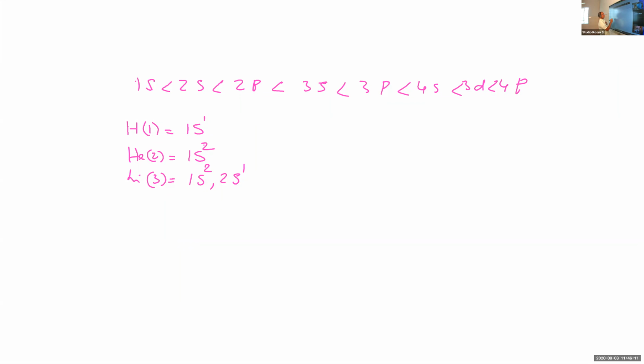Now, atomic number 4, that is equal to beryllium. Atomic number 4, beryllium. There are 4 electrons. You start from the lowest energy level, that is 1s. In the 1s, there are 2 electrons, maximum capacity. Then the remaining 2 electrons will be entering the next higher energy level, that is 2s. So it is written as 1s2, 2s2. The configuration of beryllium is equal to 1s2, 2s2. Say at the top, as the index, the number of electrons is mentioned.